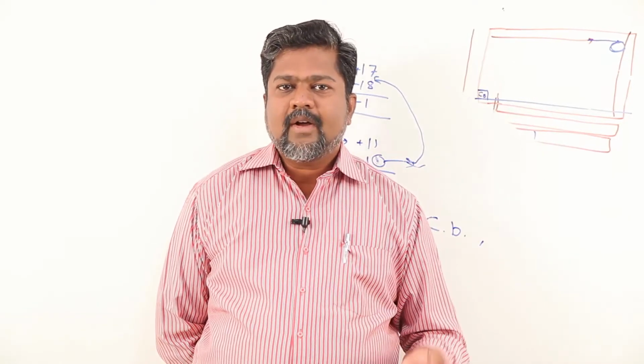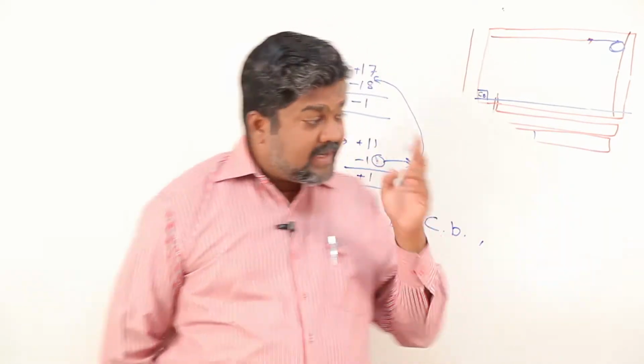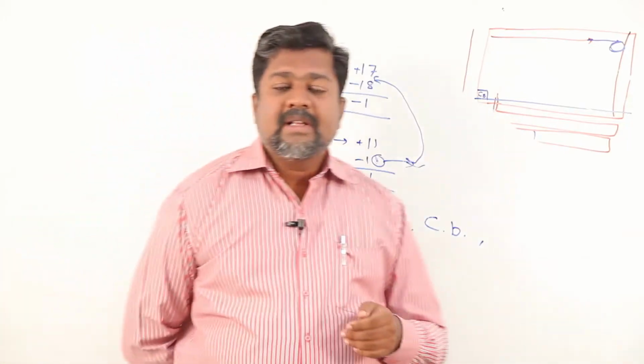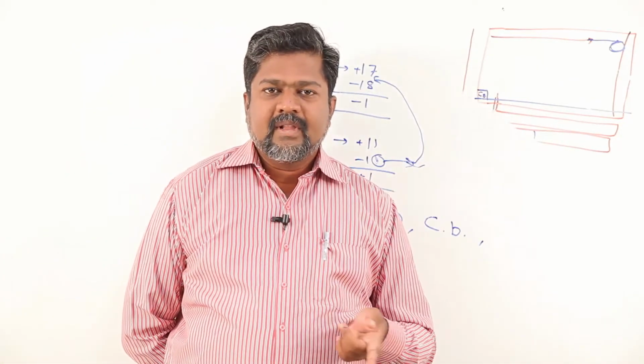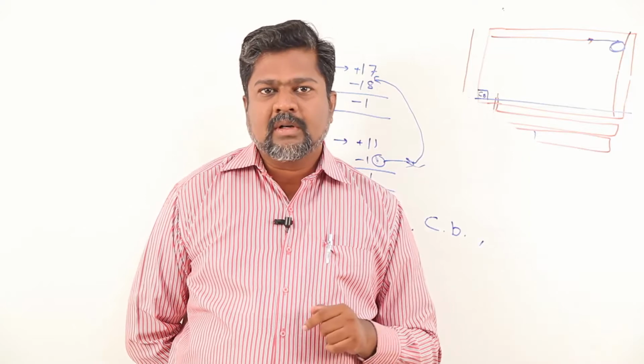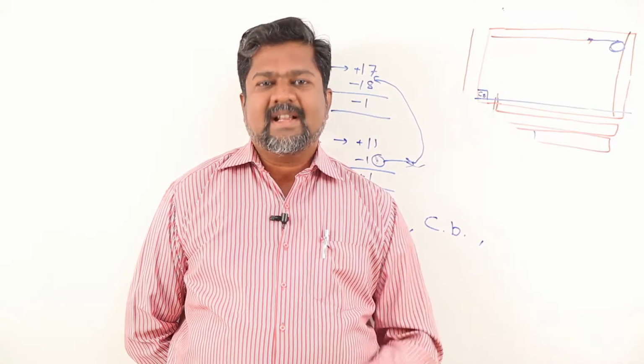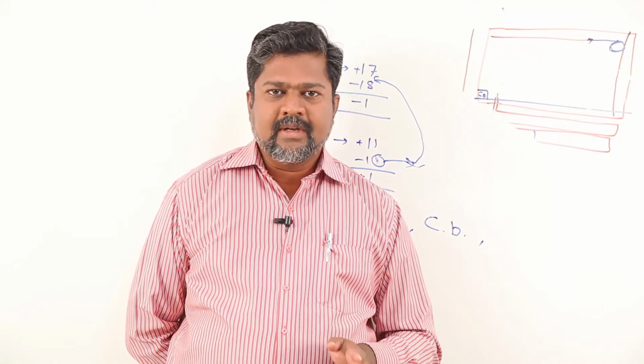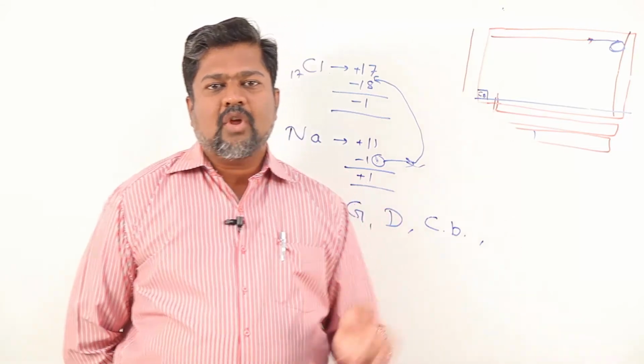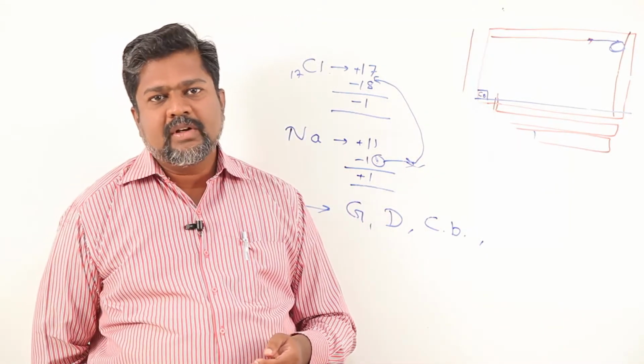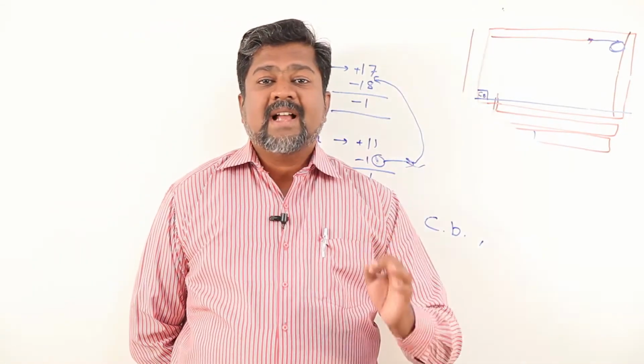So non-metallic oxides when dissolved in water, now let us check out carbon. Carbon gives carbon dioxide. If carbon dioxide is dissolved in water, it forms carbonic acid, that is H2CO3. So like that, various non-metallic oxides when dissolved in water give acidic nature.